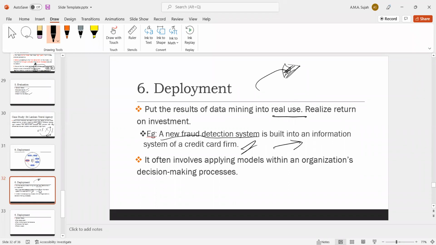After we deploy this model, it's very helpful for decision making. Let's say in a case study, they cluster their customers into different interests and different ages. Then what will happen when new customers or new tourists visit Sri Lanka? They will directly see, okay, this person comes under this age category. So we can easily recommend places based on their interest. So the tourists are very satisfied with the travel agent. That is the way we can achieve success, or high customer satisfaction, by deploying this model.